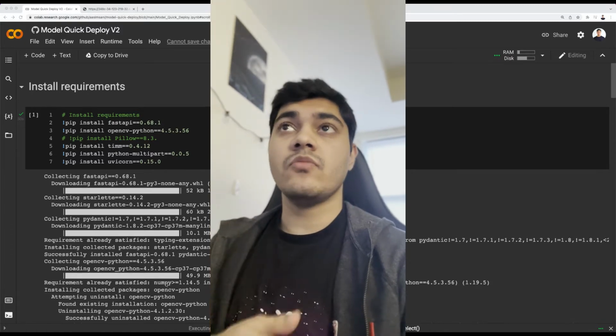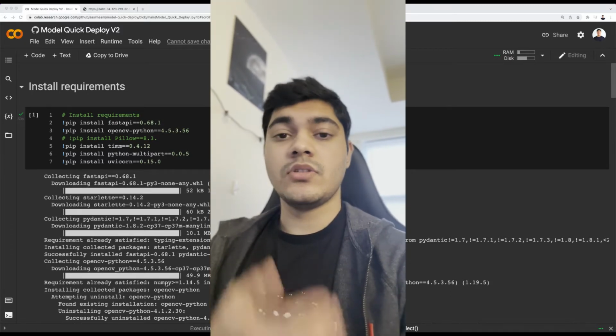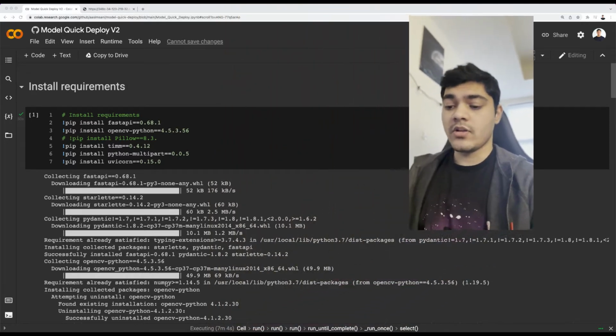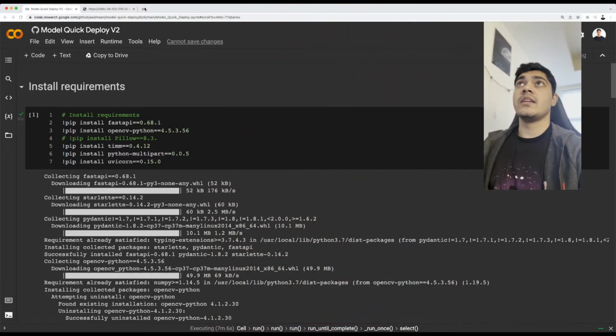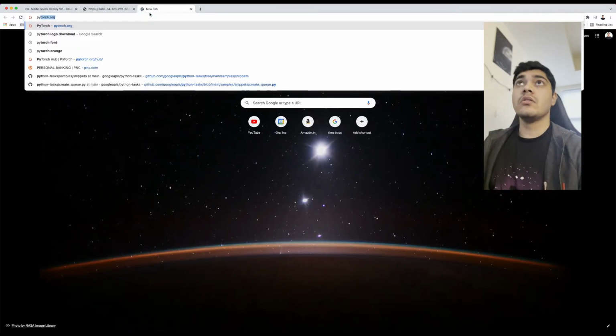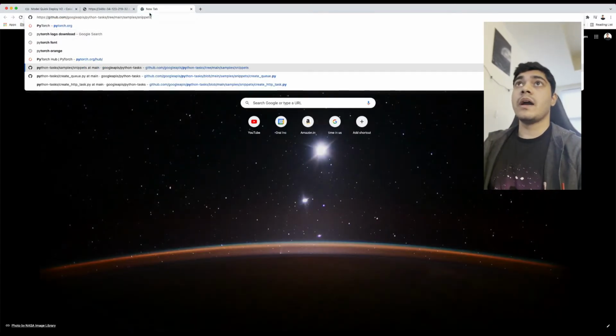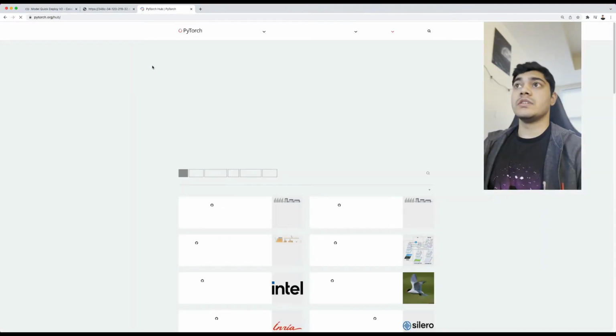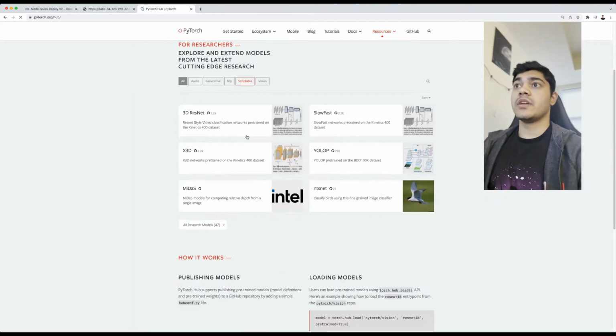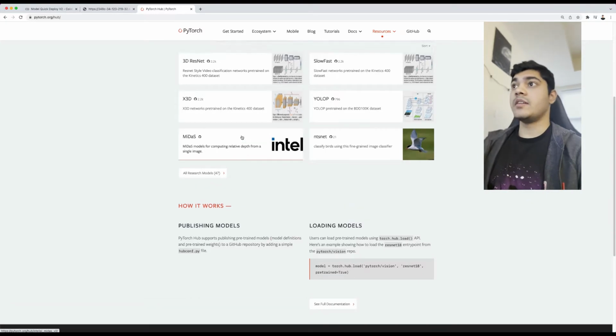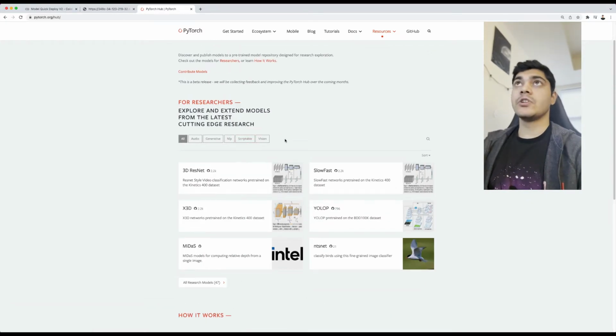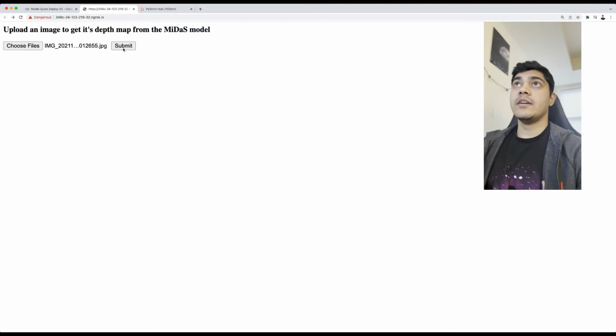So today we are going to be looking at how you can take pretty much any model from the PyTorch Hub, which is a great repository of so many pre-trained models available right inside PyTorch, and put it inside a quick and easy API so you can just go ahead and run it like a web app